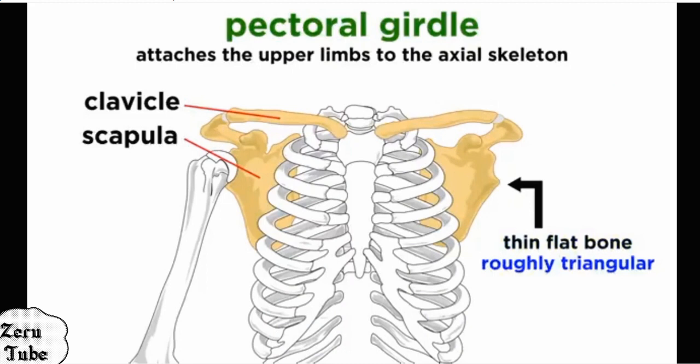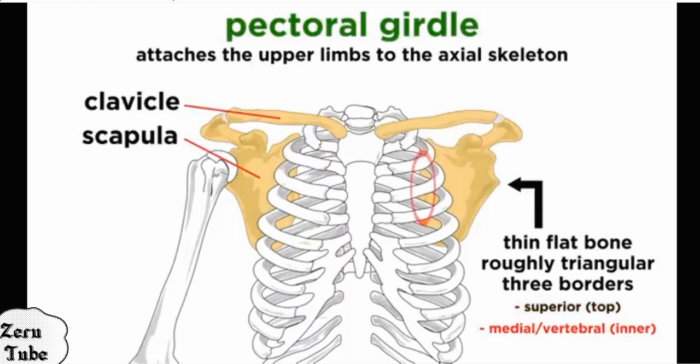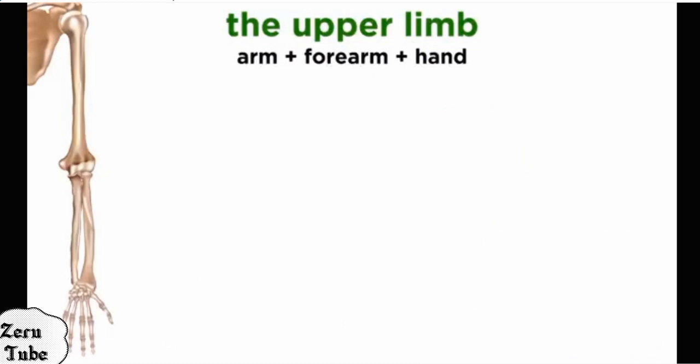Scapula is a thin flat bone and it has roughly triangular like shape. ልክ triangle ነው የሚመስለው። scapula triangle የሚመስል bone ነው and it is thin flat bone. So it included under flat bone. So the scapula has 3 border, the superior top border, the middle or vertebral or inner border, and the lateral or axillary or outer border. ስለዚህ scapula 3 ቦርደሮች አሉ። superior border, medial border and lateral border ብለን በ3 መክፈል እንችላለን።